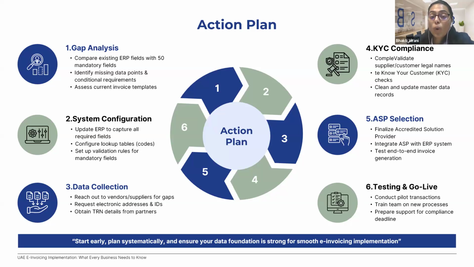Then also, one critical step is that we'll have to start taking a declaration from our customers and vendors on whether their revenue is above the threshold limit of 50 million or not. The plan is that e-invoicing will be implemented in a phased manner. The first phase includes only the entities whose revenue is above the 50 million threshold limit. So if our customers or buyers are below the threshold limit, they would not be under the e-invoicing regime today. So we'll have to obtain a declaration from them that their turnover does not cross the threshold limit, and hence they will not be generating e-invoices.